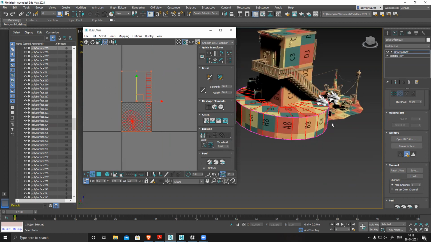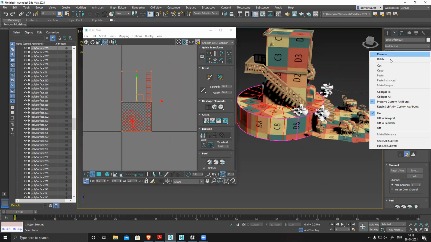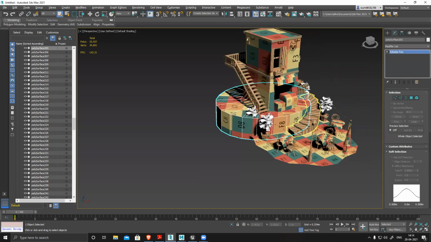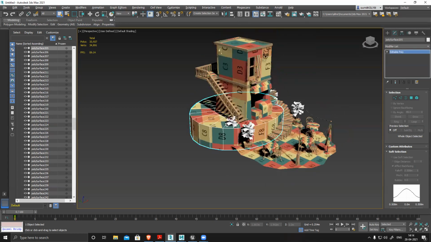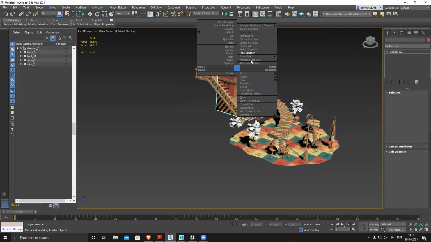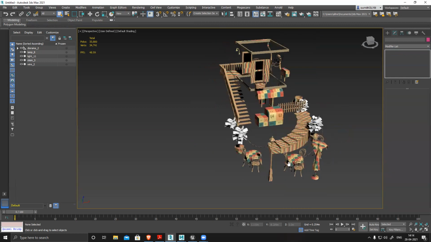Everything is, you can see, unwrapped nicely. This also done. Collapse. So what I can do is hide them separately one by one, or I can stitch them together. Let me hide it. Hide selection. Hide selection. This is also hide selection.